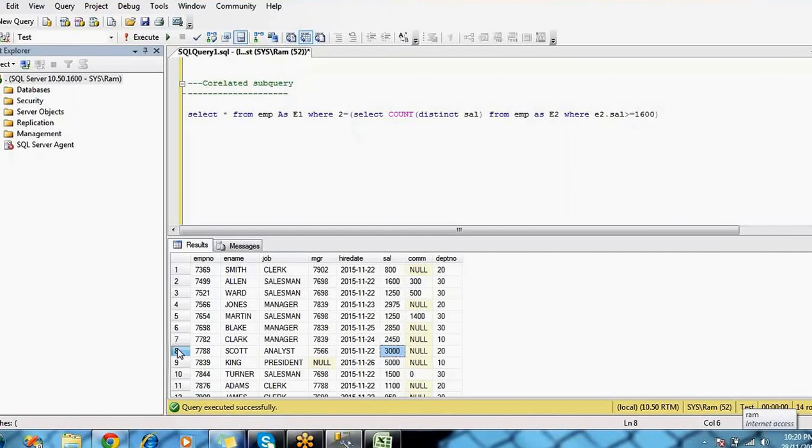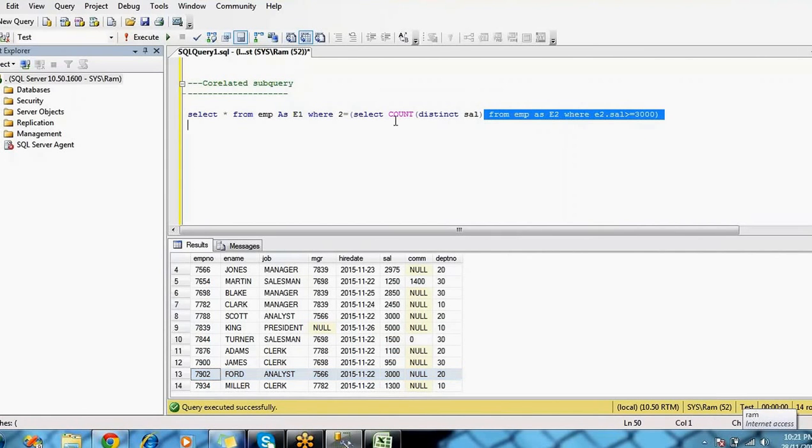Once you come to 3000, how many salaries are greater than or equal to 3000? If you observe, there are only two: 3000 is one and 5000 is one. So two distinct salaries are greater than or equal to 3000.